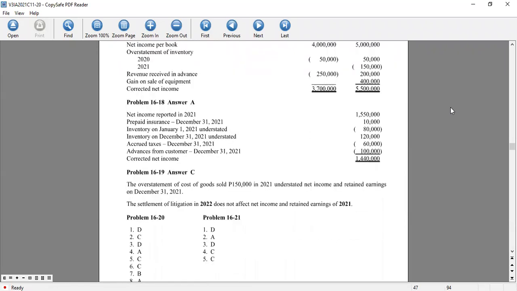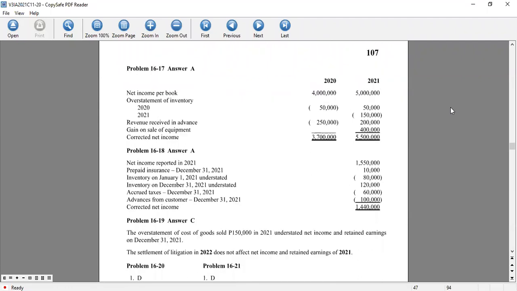We now go to problem number 18. What amount should be reported as net income for 2021 in problem 18? So net income reported in 2021, so we have now net income reported in 2021 for